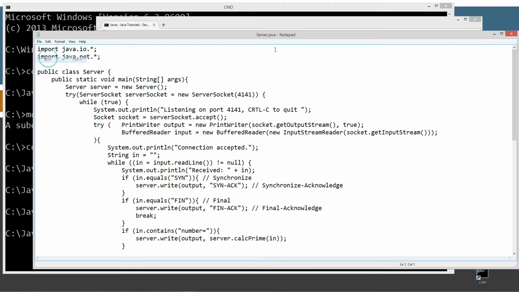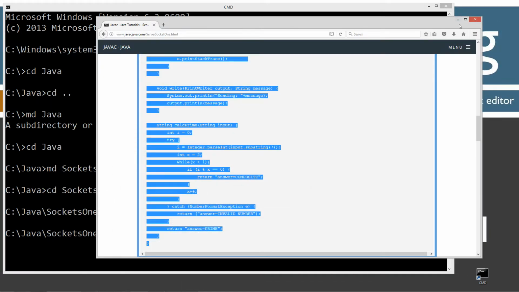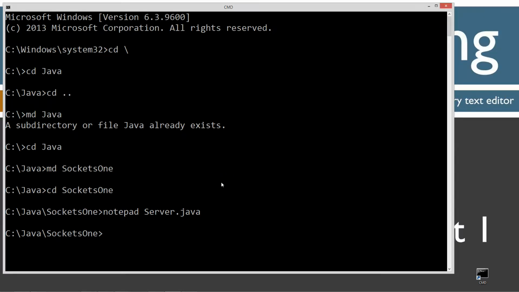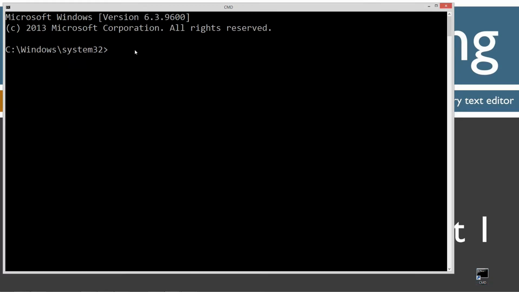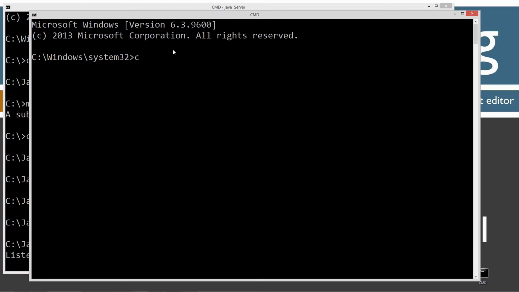So we'll save this, minimize that, compile it, and run it. Okay, so it's listening on port 4041. Control C to quit. We're going to open up another command prompt here and change directories to Java and to the Sockets1 folder. And now we're going to notepad